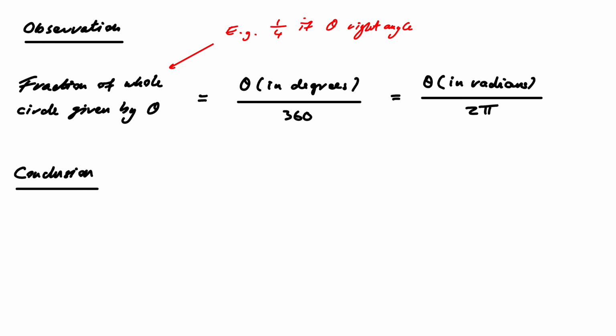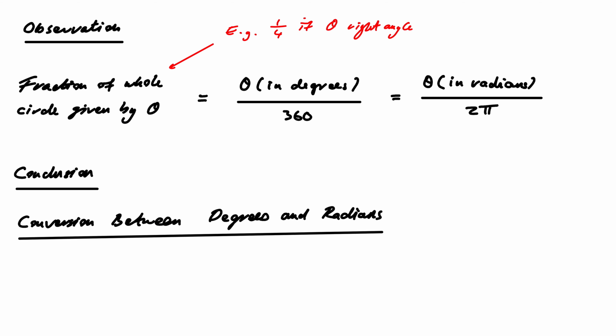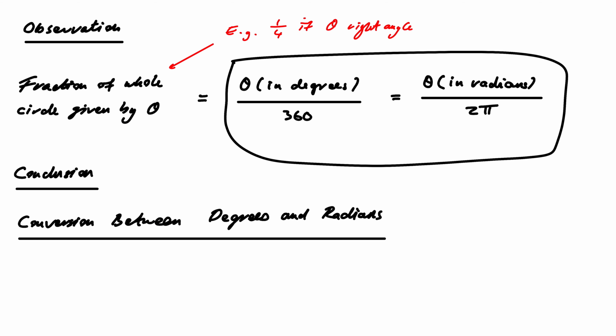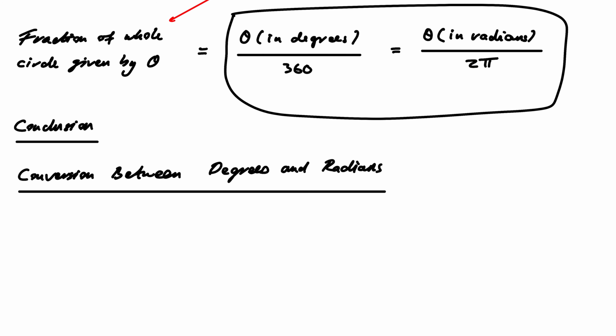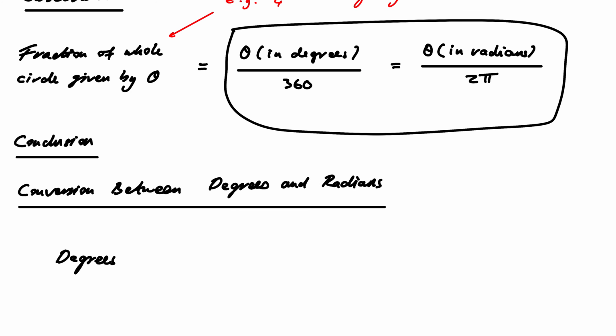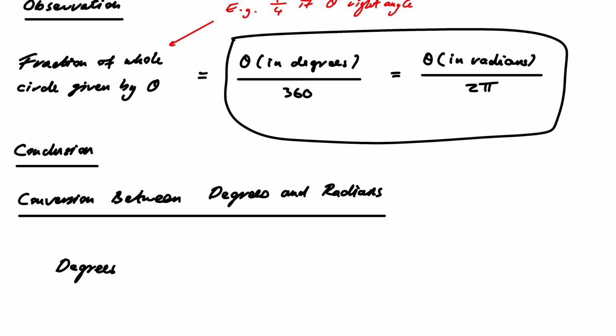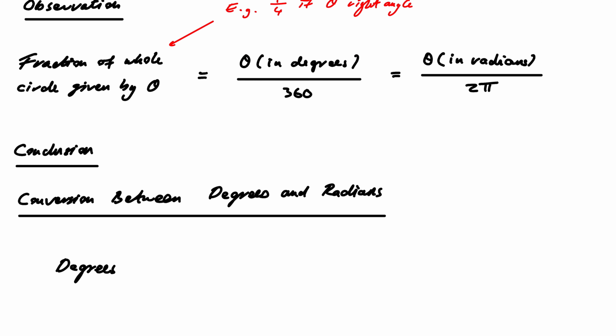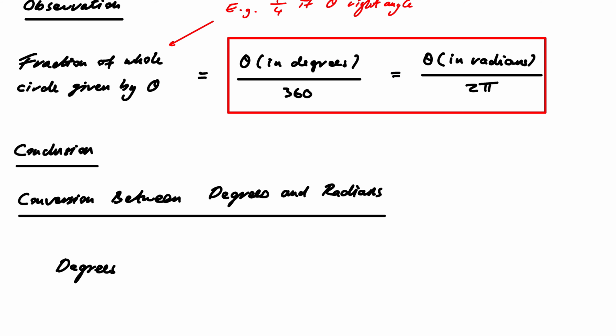Here's the conversions between degrees and radians. Conversion between degrees and radians. So I don't think this is something you should memorize particularly. It's something that you should understand. So you should understand that basically you're using this formula to get what I'm about to do. So if I have something in degrees, how could I get something in radians? Well, imagine if I had, let me just put this up here because it's important. If I had this here, so if I know what this is, and I'm looking for this,